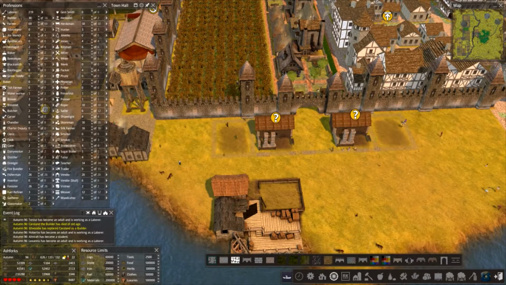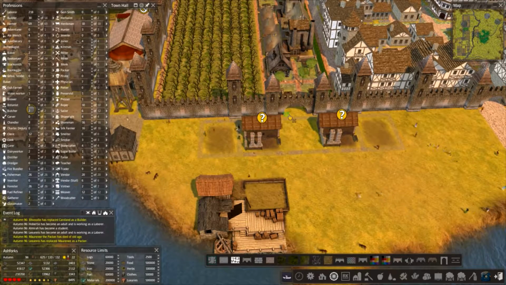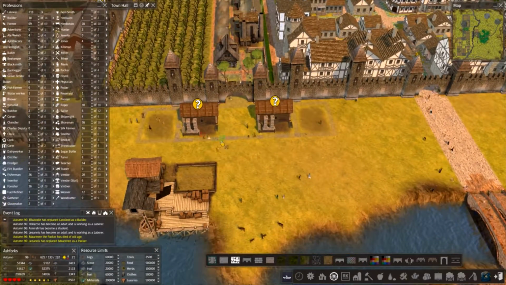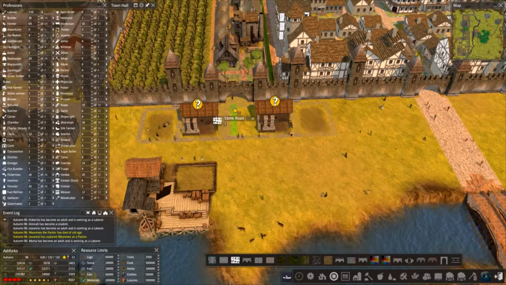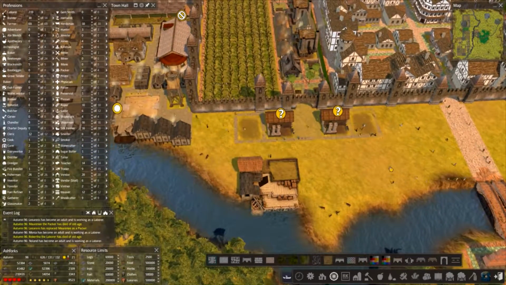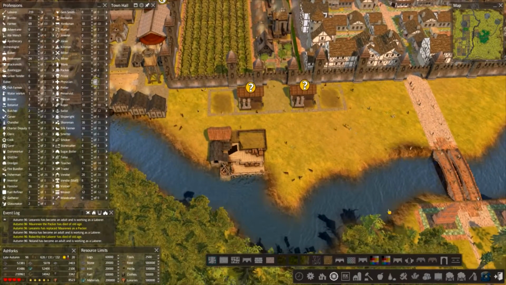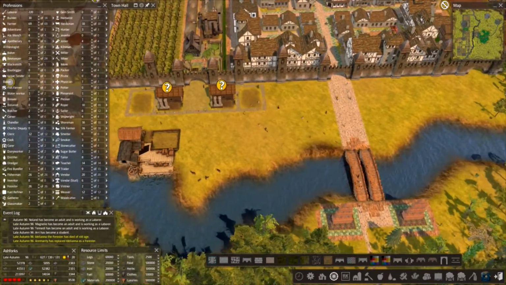So filling in, and well, we're probably going to keep all this stone, aren't we? It's a bit of an entrance. So yeah, I've got those in. Obviously we need houses as well, so we need to put some of those in. Before we do that, let's see what we're going to do at this end,